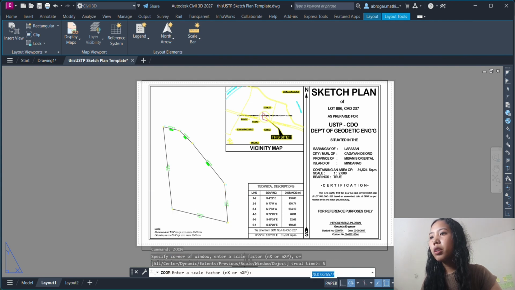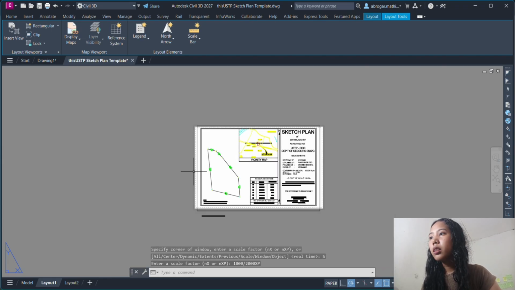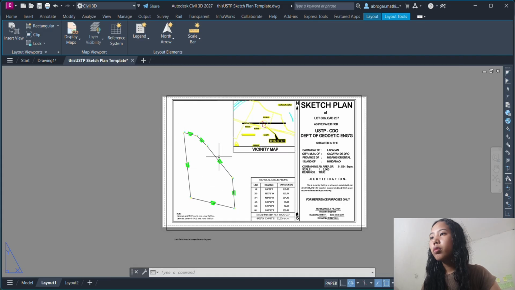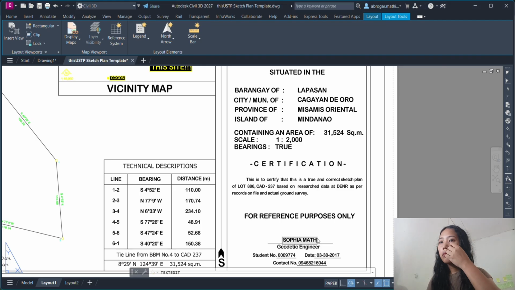Paste it, image attached to the sketch plan template. Then paste. Move. Then scale. Scale SC.